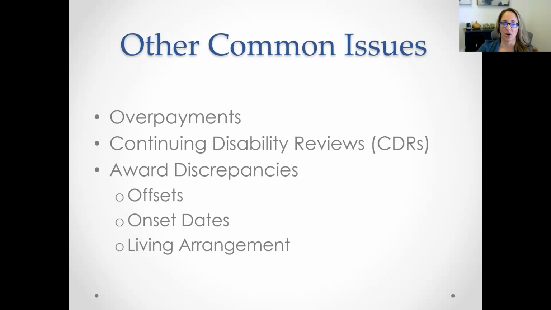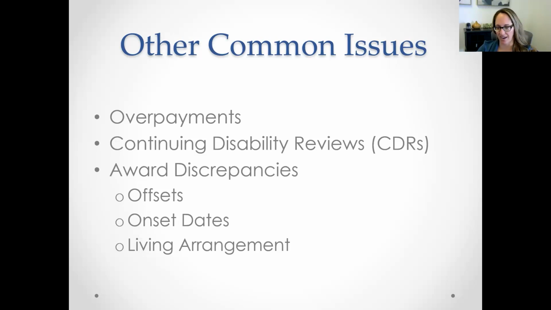And then another issue is award discrepancies. For example, if you were getting workers' compensation insurance benefits at the same time, and then you get approved for Social Security, Social Security is actually supposed to reduce how much they give you based on your workers' comp amount. It's called an offset. So sometimes that issue happens and you might want to appeal it if they did the calculation wrong, or maybe the judge or the state agency said you're disabled, but at a different date than you think you became disabled, earlier. That's another thing you could appeal.